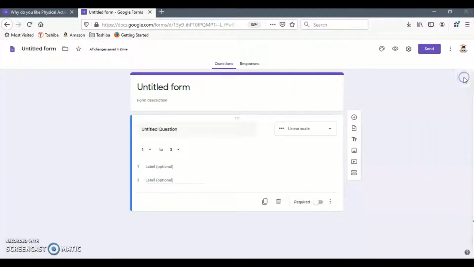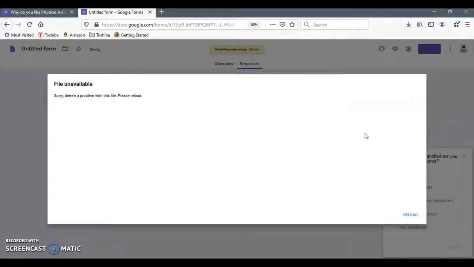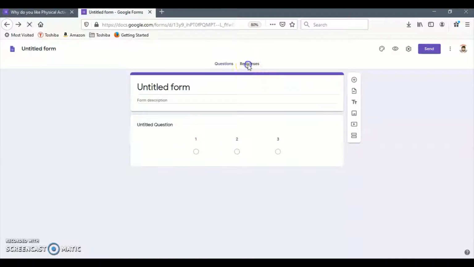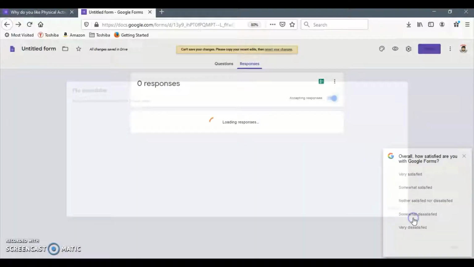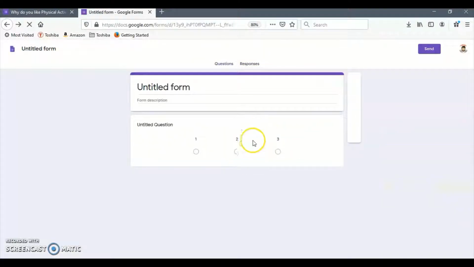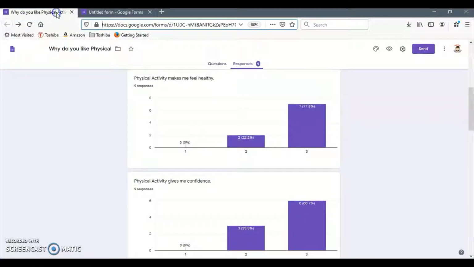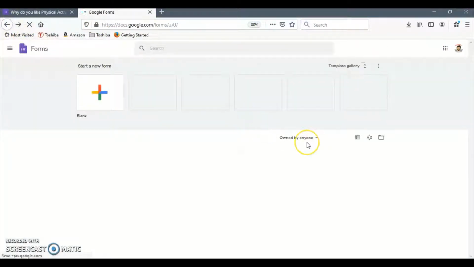So as you can see, it's fairly easy to navigate, and after you create this and have your students answer the questions, here you go to responses, and when you put accepting responses, oops. All right, so let me go back. When you say you're accepting responses, they will flow in right there. Sorry, it's a little glitchy. All right, so then my final creation